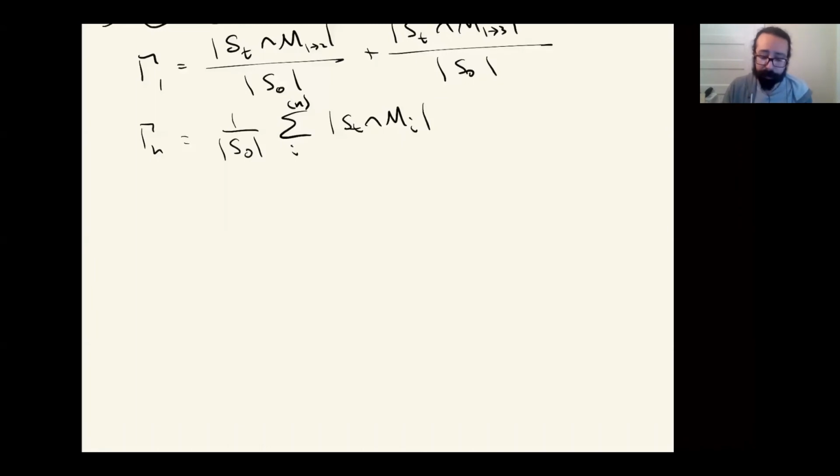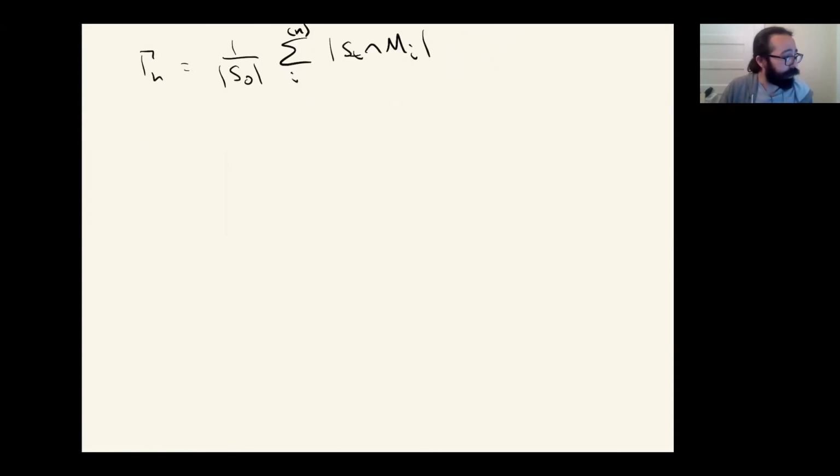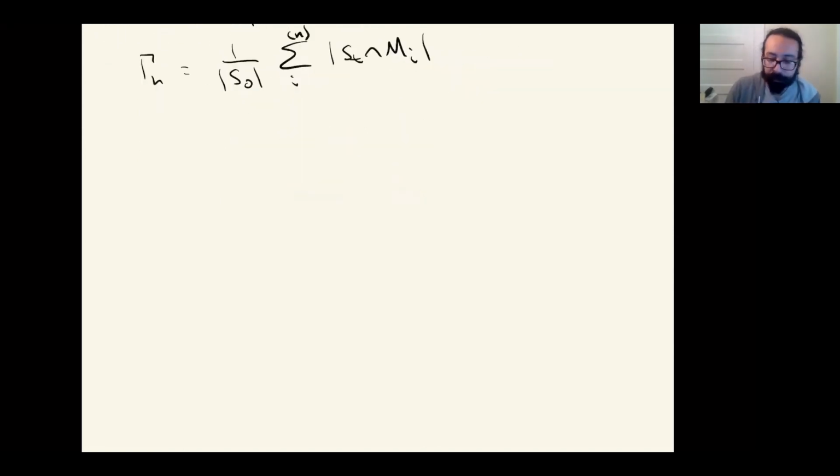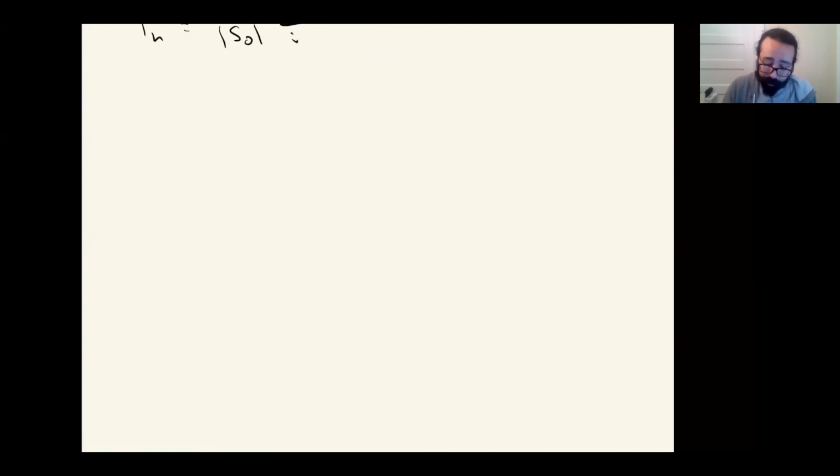There are ways to estimate what this sum is, but I think I'm running a little late, so I will probably skip exactly how that goes. There's all kinds of fun things you can do here. There are a lot of ways to make this reasonably precise that I'm not going to go into, but I recommend you look at the chaos book if you're interested, because for our purposes,